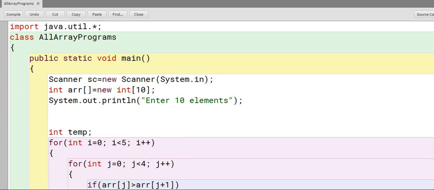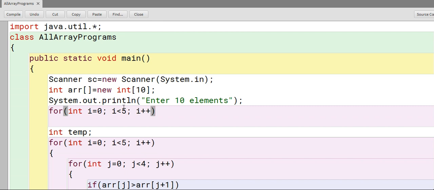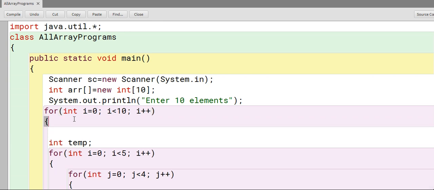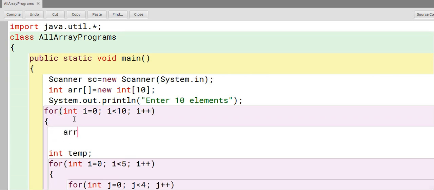So we'll write for (int i = 0; i < 10; i++), since we have 10 elements, and in this we'll get the elements entered by the user, using sc.nextInt().